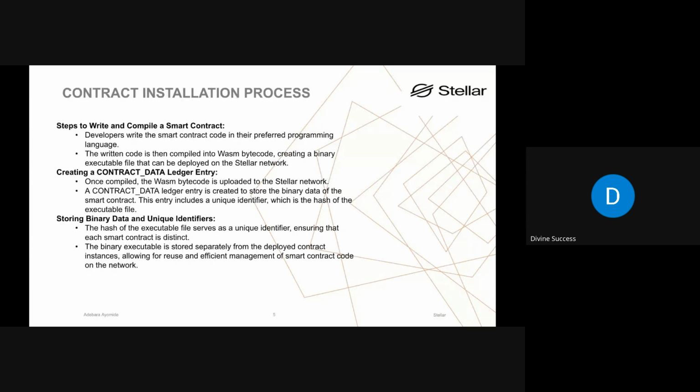And we talked about key features of the Soroban platform, which is the secure execution, I think, and scalability, and so on. We also talked about how the Soroban platform, how the code is written, and then it is compiled into WASM.